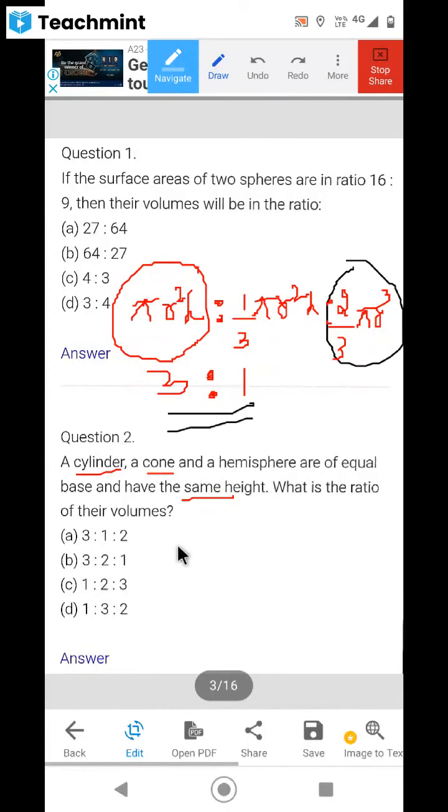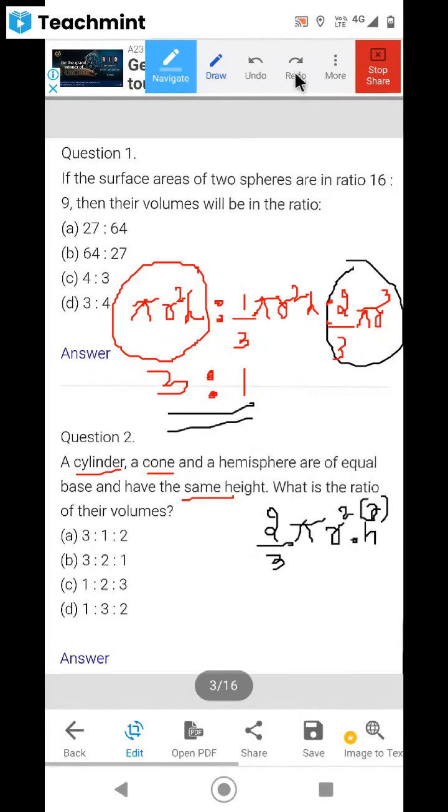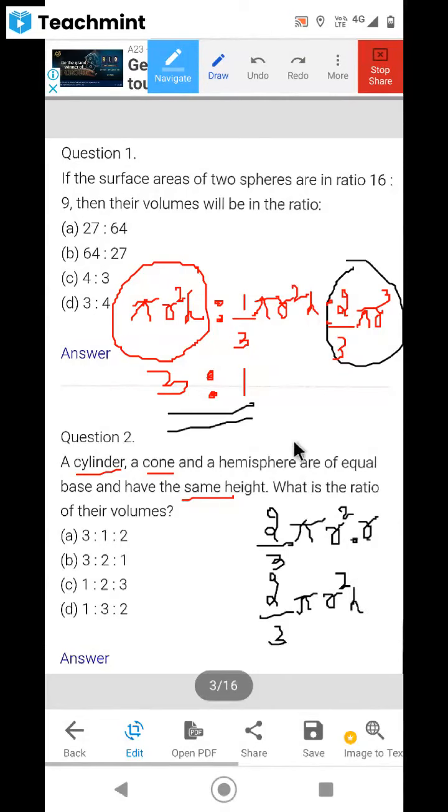Now look at this, how that 2 came, dear children. This 2/3 πr³ is there, no? 2/3 πr³ means what? I can write it as r² into h means what? h means radius only, no? So instead of r and r, I can write it like this also. r³ I can write as r² into r. Then it becomes 2/3 into π into r² into this r, which is what? h only, no? I told you, no?